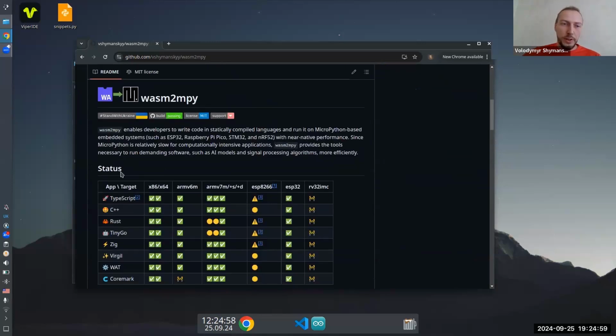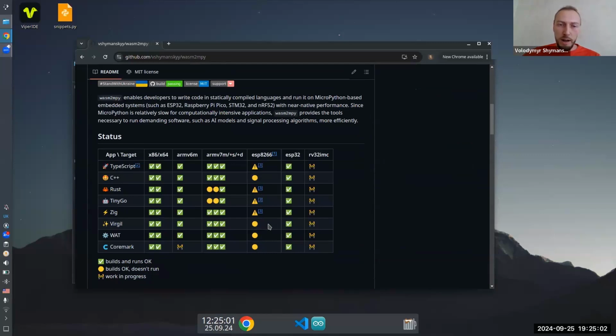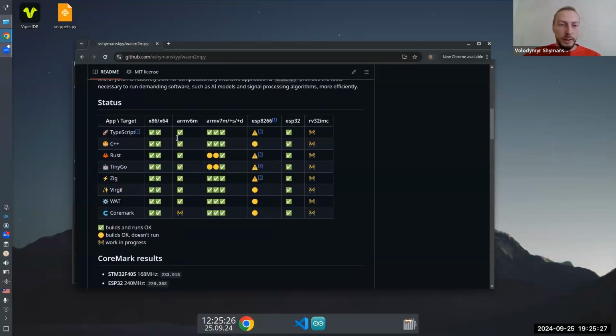Unfortunately, not everything is working quite well right now. There are some difficulties in several corner cases, but overall, I think we can run many languages with this approach on almost any architecture that MicroPython supports. I think there will be more added in future.